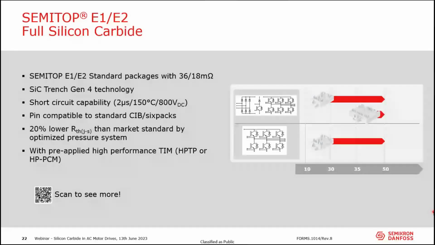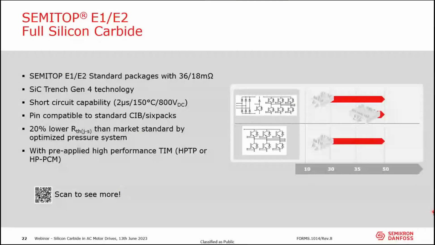It's based on the latest Gen 4 SiC trench technology from Rome. And these chips actually provide some short circuit capability. I mentioned that in the beginning, 2 microseconds is what we see here at 150-degree junction temperature and 800 volt DC voltage. If you go down with those values, so lower junction temperature or lower DC voltage, then the 2 microseconds even get a bit longer. Again, it's not super long, but it's at least a value that is possible to handle in some way by